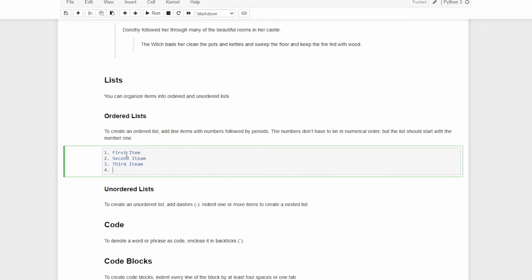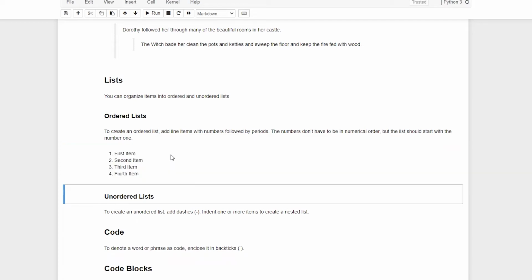third item. I do not know the spelling of item. All right, let me fix it. Okay, now this is it. I'm going to press shift enter. You can see now it shows as an ordered list. Very simple, nothing fancy. But in any case, if you want some indentation, for instance, you need one to be nested within another,